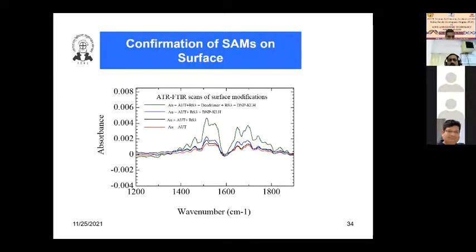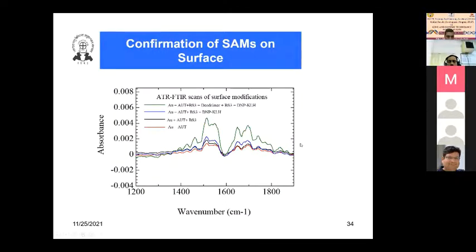It's the infrared spectroscopy. Your infrared is being measured and being reflected back on the surface, and that infrared interacts with the different chemical groups and brings the information of that chemical group, whether that chemical group is absorbing in that particular region or not. So this is the information that we are catching on the FTIR spectrum and telling that, yes, what we are doing on the surface is actually there. Next.